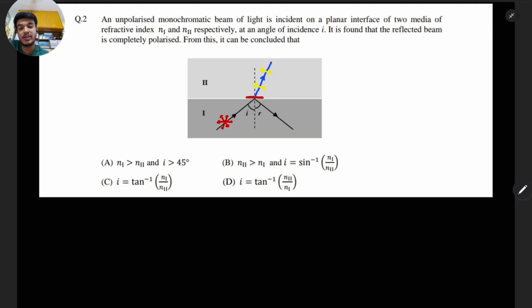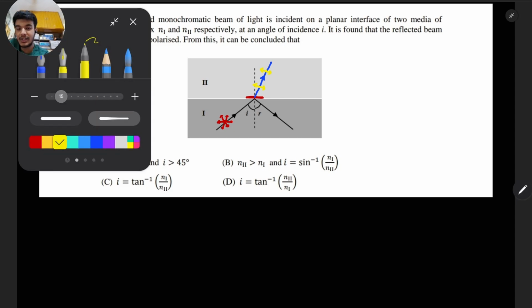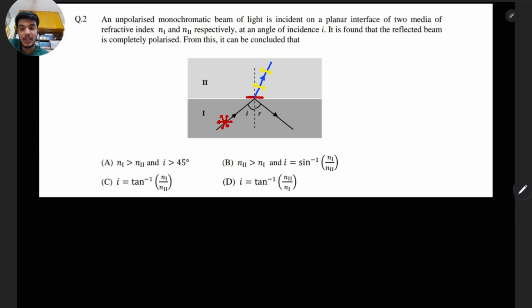Partially polarized means that there would be some in the plane or in some other direction as well. And the refracted ray would be partially polarized in the direction perpendicular to the plane of incidence. So it will be in this direction, and since it's partially polarized, it will be in some other direction as well. But